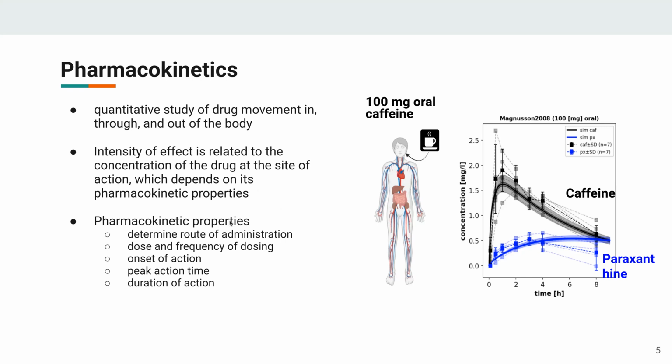It has a lot of reasons. One is it's important to determine the route of administration. Depending on your drug properties and pharmacokinetic properties, you have to choose a certain application. For instance, if the drug is strongly cleared by the stomach, which is often the case with medications that are very unstable at low pH, then oral administration is often not really working, because basically nothing is going into the intestine and the systemic circulation. So understanding these properties of the drugs is important to determine how you should apply it,